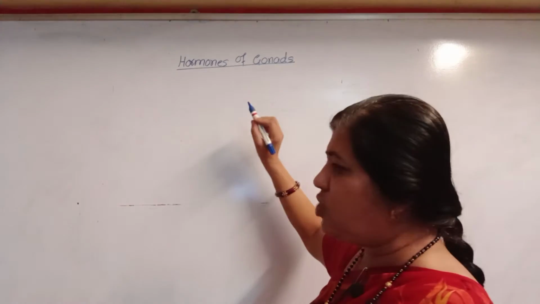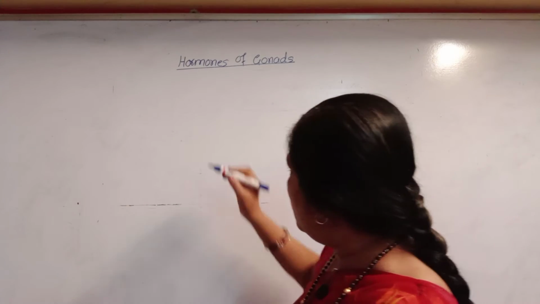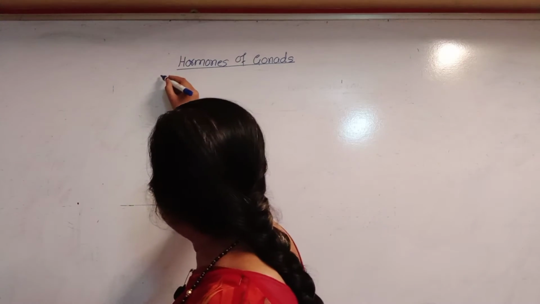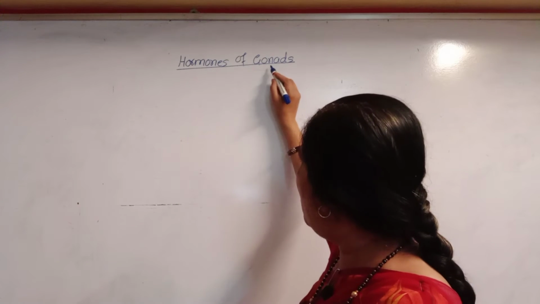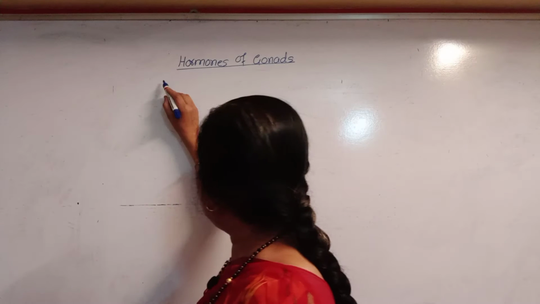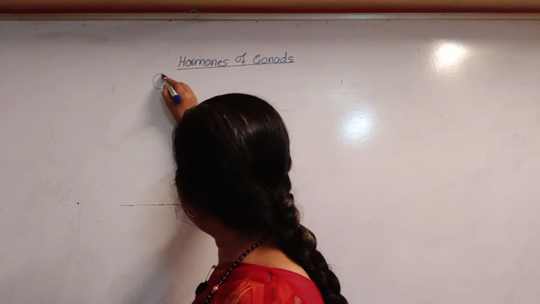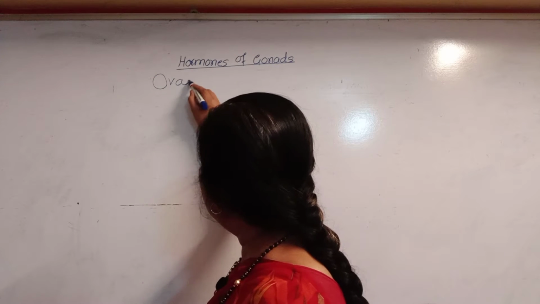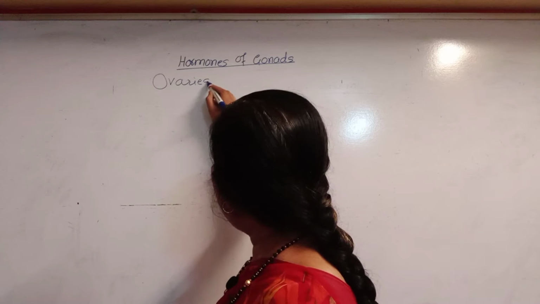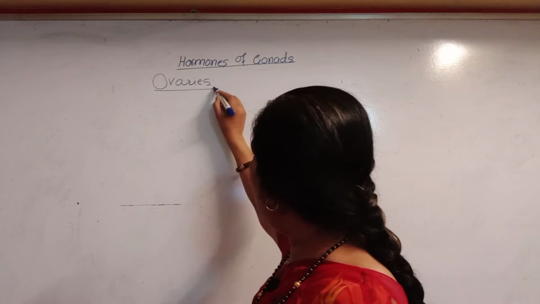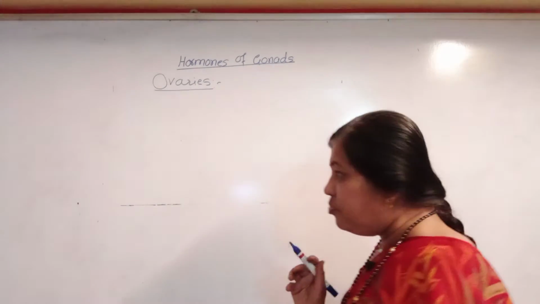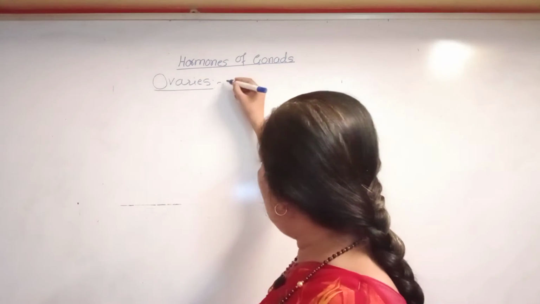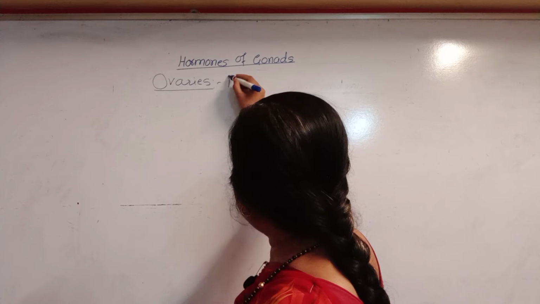The topic is hormones of gonads. Gonads means the organ which produces gametes. That organ is called gonad. So in female, ovaries are present. Ovaries are the female gonad, and ovaries secrete 4 hormones, that is